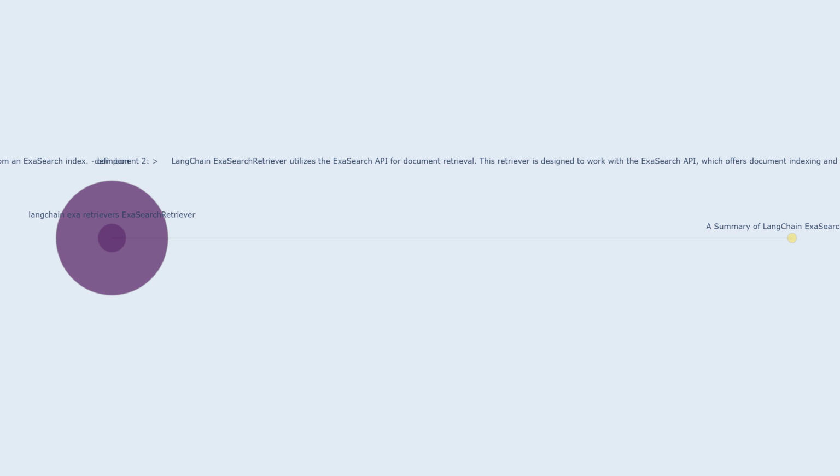For example, suppose you have a large collection of scientific papers indexed in ExaSearch. In that case, you can use the LangChain ExaSearch Retriever to retrieve papers relevant to a specific research question. Component 2. LangChain ExaSearch Retriever utilizes the ExaSearch Application Programming Interface, or API, for document retrieval. This retriever is designed to work with the ExaSearch API, which offers document indexing and retrieval